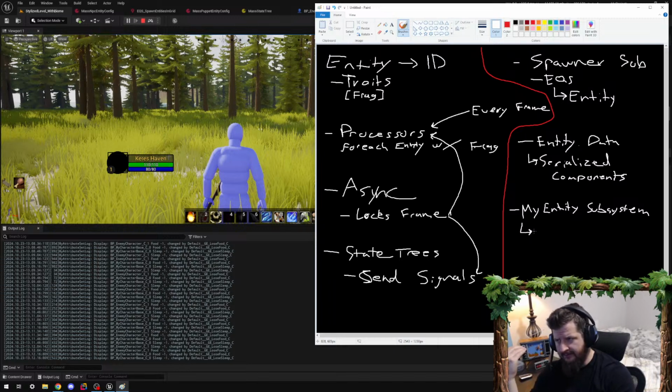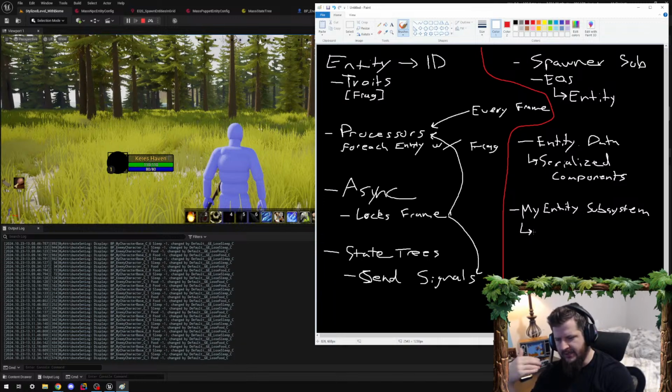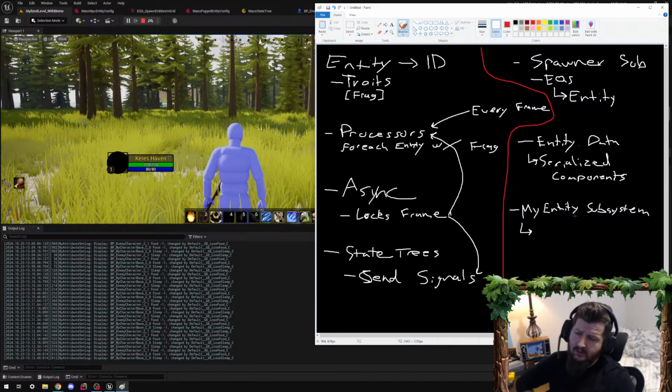Because I'm going to want to have my own processors that iterate on a certain fragment or a certain piece of data and process it. And the subsystem is going to have every entity. One option is to just iterate over all the entities and send them to processors, looking at their data, and